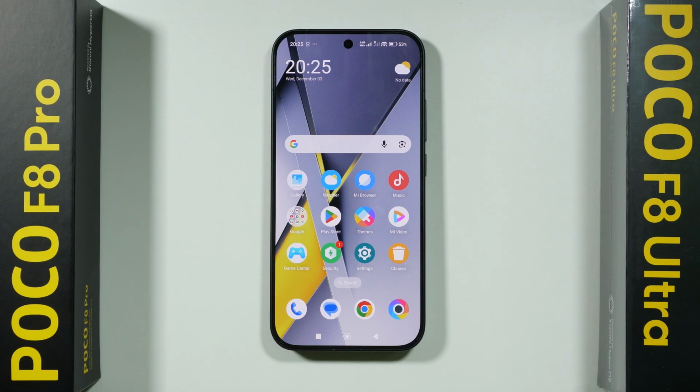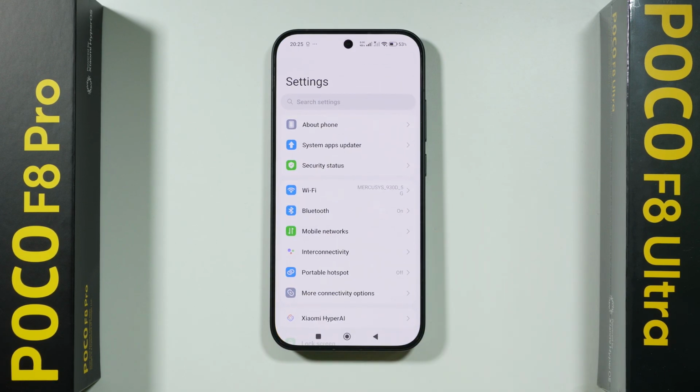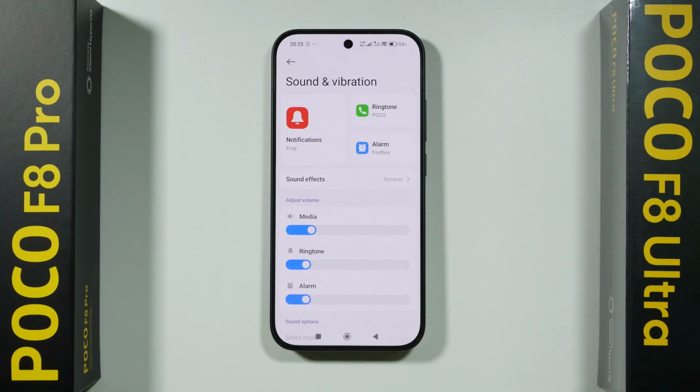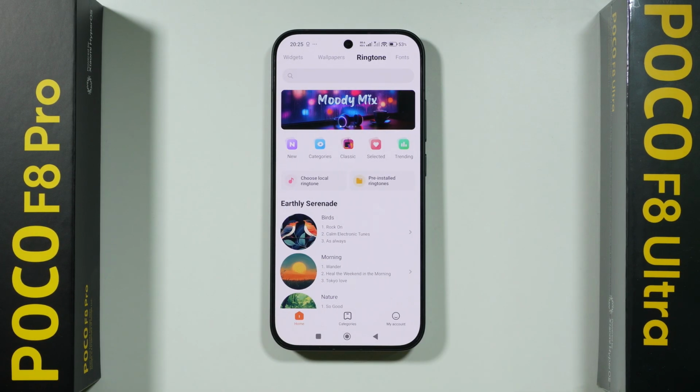If you want to set a custom notification sound or your own message tone on POCO F8 Pro or POCO F8 Ultra, what you need to do is go to Settings, scroll down a little bit, and then we're gonna choose Sound and Vibration. Now after that, we can tap on Notifications, and in here you can of course try to find a custom